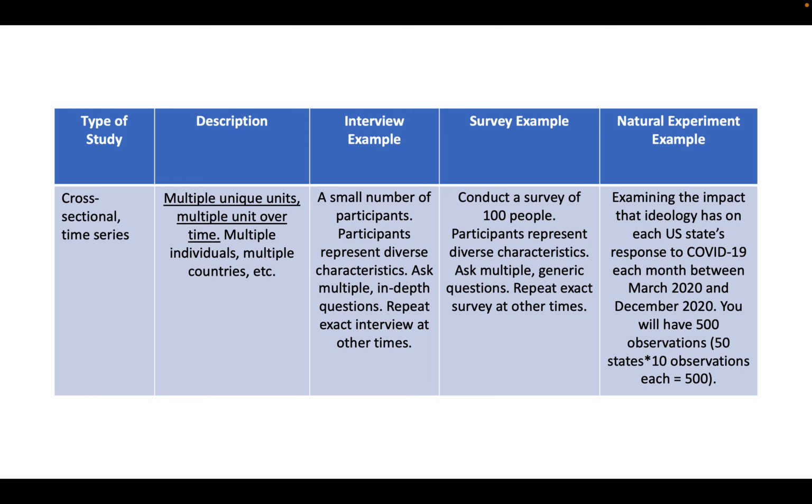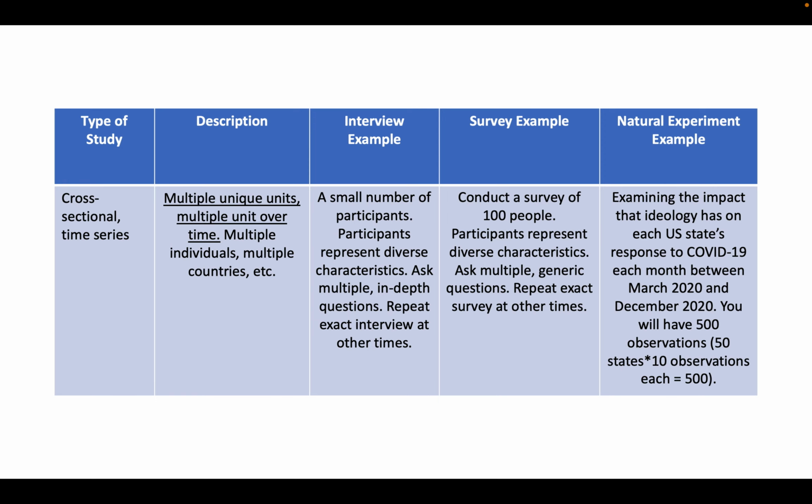Okay, so if we want to combine cross-sectional and time series, then we'd have multiple unique units and multiple units over time. So we have multiple individuals, multiple nation states, multiple U.S. states. We have them combined. In the interview example, we'd still have a small number of participants who would represent diverse characteristics. We'd ask multiple in-depth questions over time, and then repeat these interviews